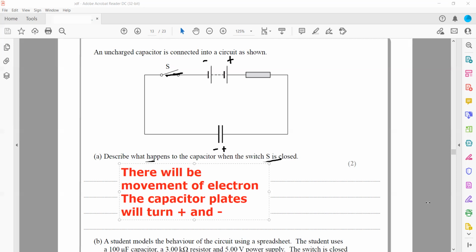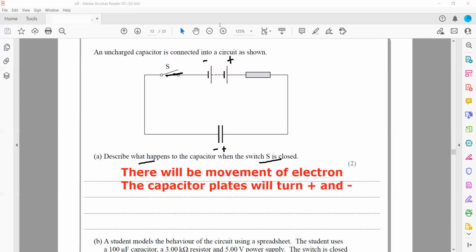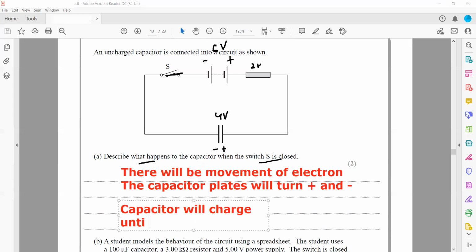Like till what point will this capacitor charge? The capacitor will charge until the voltage of the supply. Because for example, if this was a 6-volt supply, and this is a fixed resistor, some voltage will drop here, maybe 2 volts will drop here, so the remaining 4 volts will drop across the capacitor. So the capacitor will charge until the voltage of the supply